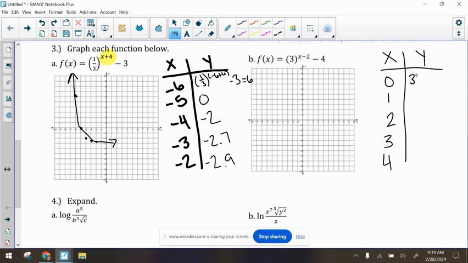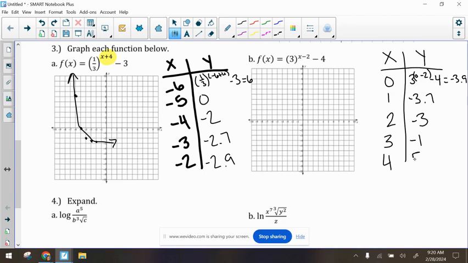Take my values, substitute it in for x, and then see what I get. So if I've got 3 to the 0 minus 2, and then I subtract 4 after that, I should be starting with negative 3.9, about negative 3.7, negative 3,